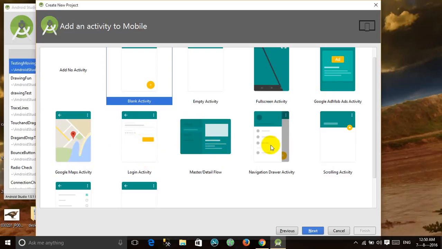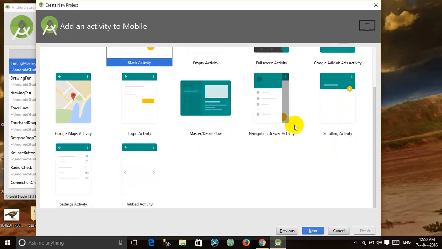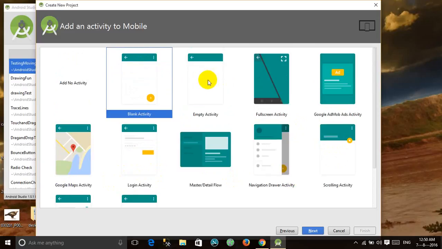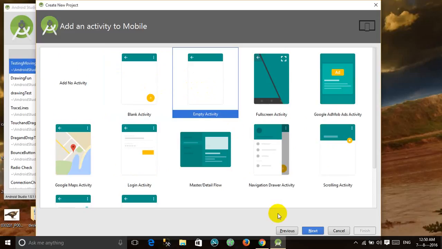And you have a navigation drawer activity, and you have scrolling activity, and then settings activity, and tabbed activity. So now we will be selecting. The difference between blank activity and empty activity is that the blank activity gives you this button. So since we don't need that, and we will work on that later, we will select empty activity and